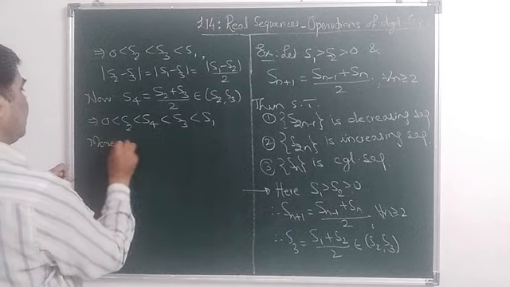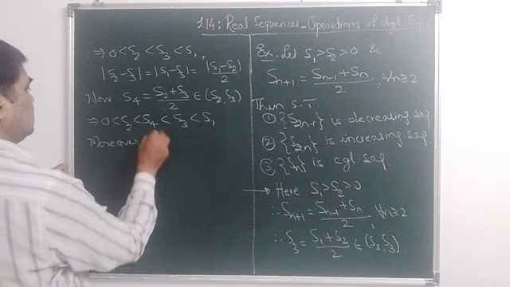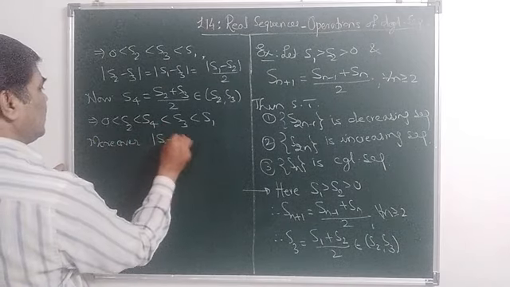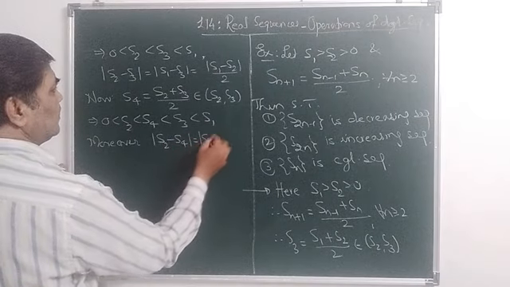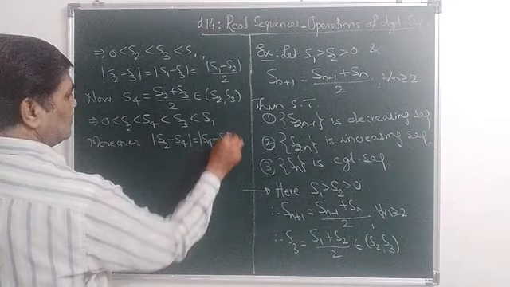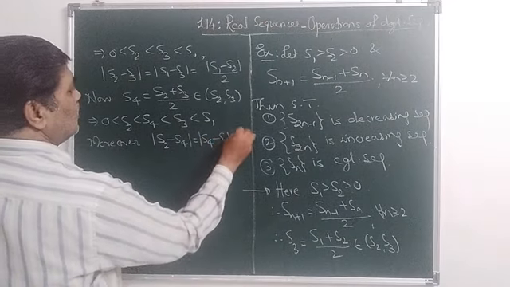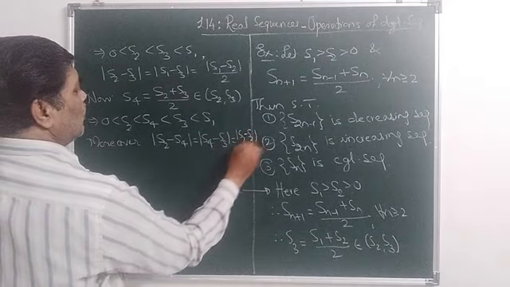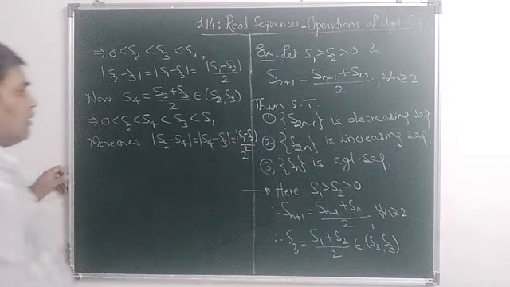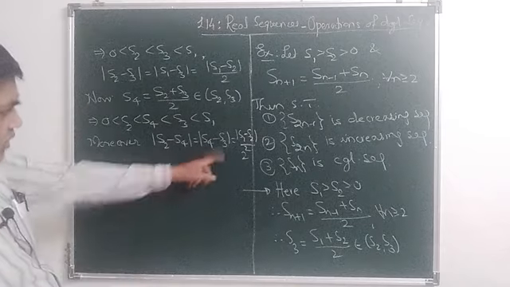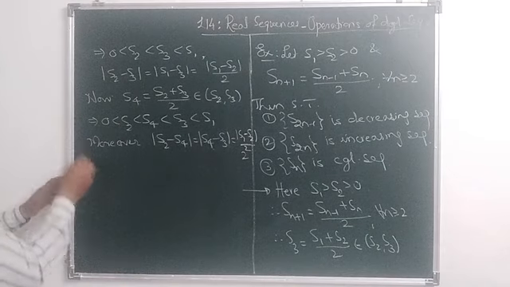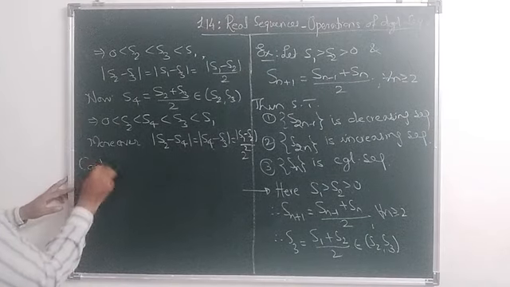Moreover, if you observe, the length of S2S4 is equal to the length of S4S3. This is equal to (S1 minus S2)/2 square. That length will become half of that again, so it is 2 square. Continuing thus